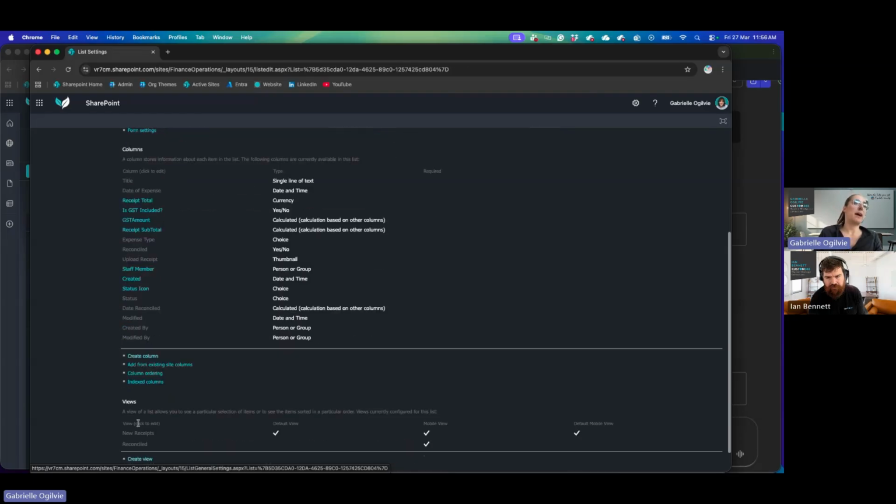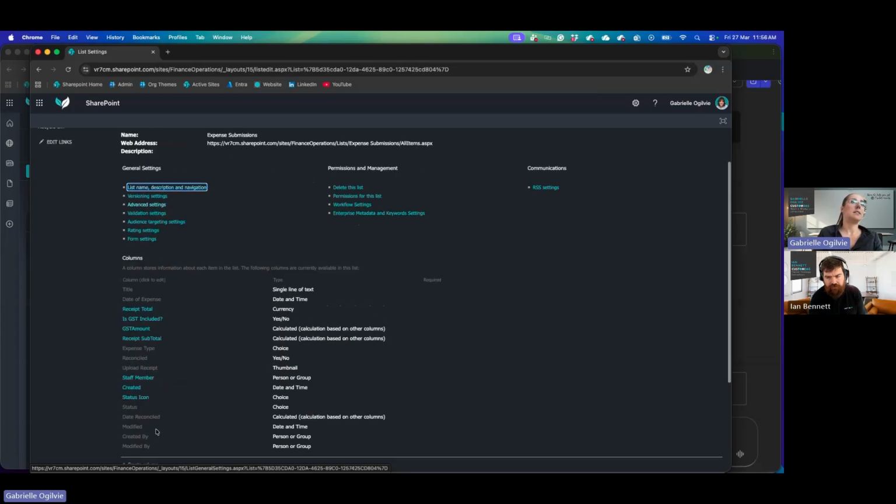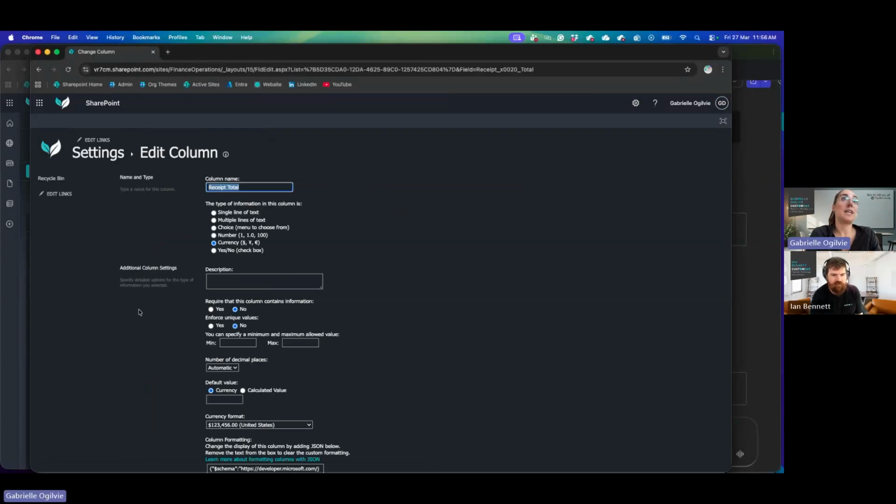You also have the power to edit views in this space as well. And this is also where you find, if ever you're in need, this is a top tip, ladies and gentlemen. If there's something you remember and you take home, it's this. If you ever need that internal name of that column, click into it from here. And this is your internal name of that column if you ever need it to plug into Copilot to produce